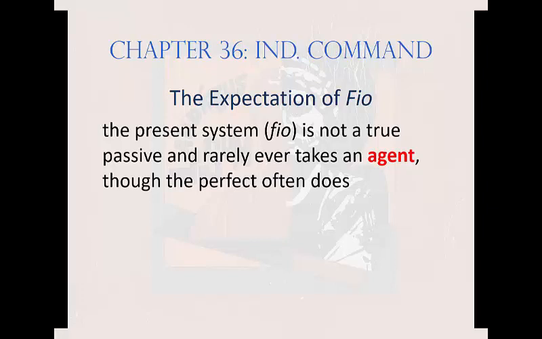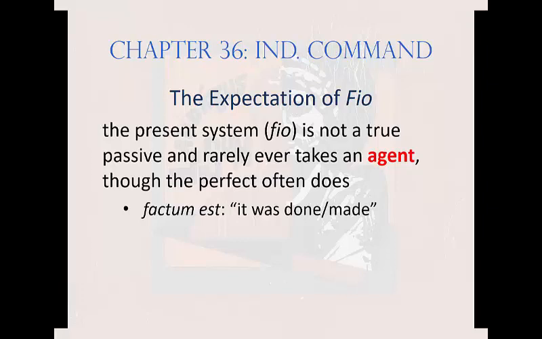Theo's perfect forms like factum est, which is really facio's perfect passive, can indeed take an agent, but only when it means it was made or done, not when it means it became or it happened. Those last two meanings call for different constructions, as we'll see in a second.